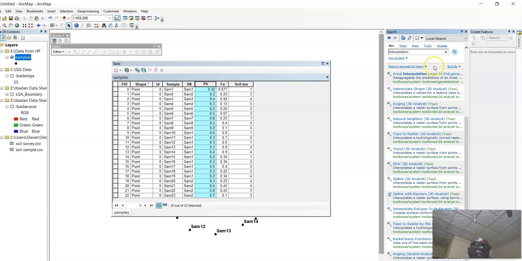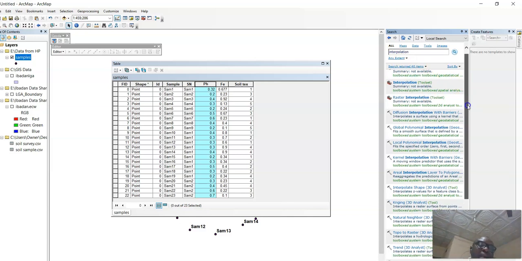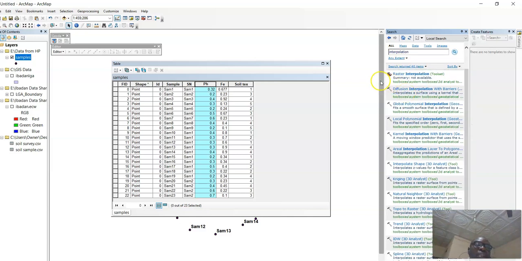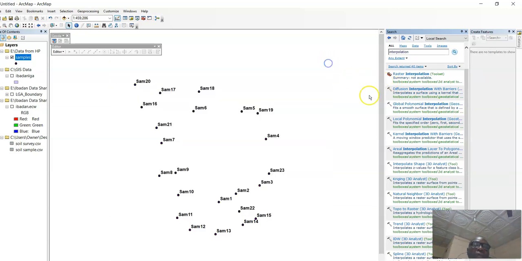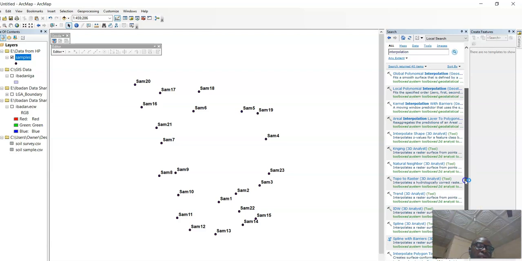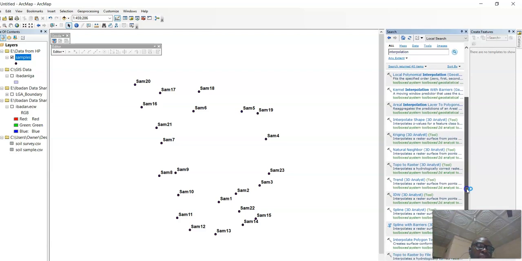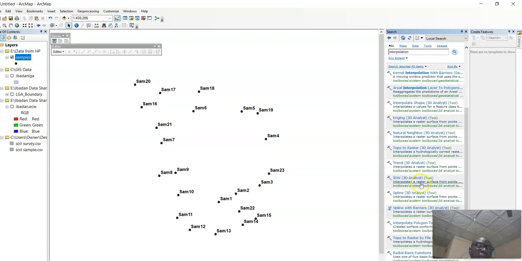on the search button, and it will give you all the types of interpolation. You have different types of interpolation, surface interpolation. You have area interpolation, but we are going to use IDW, which is for points. We want to convert point to surface. We want to generate raster data, the image, the raster data resolution about the surface using the point data.